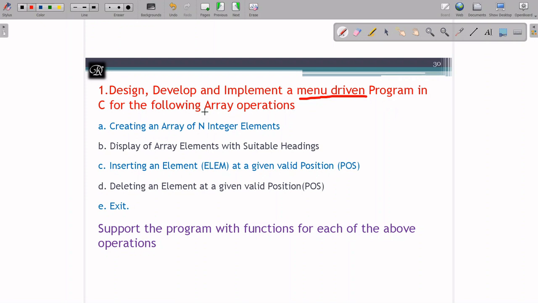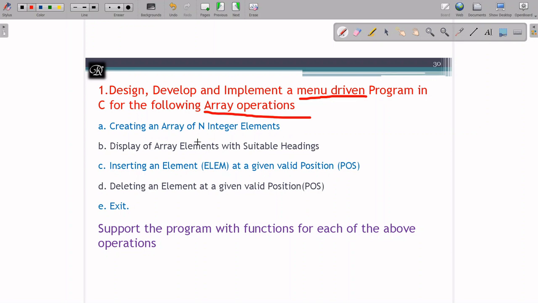Yes, we have seen already the basics of arrays. Here we have to use a single dimensional array and how to read the array, how to display the array, and what are the properties of array we have seen in the prerequisite video. Let's see what all the operation the question demands.